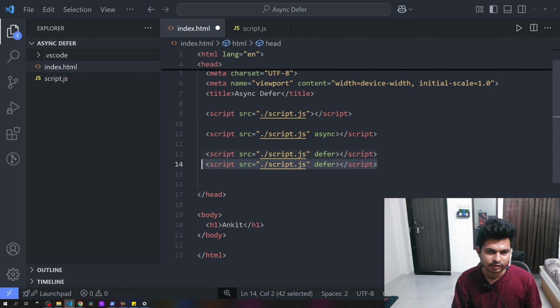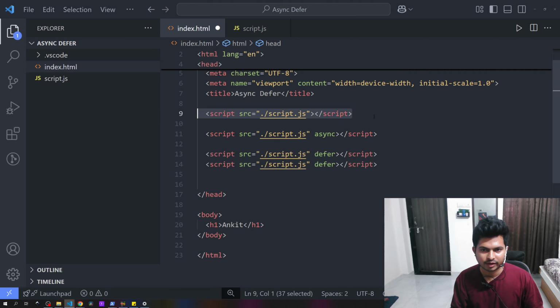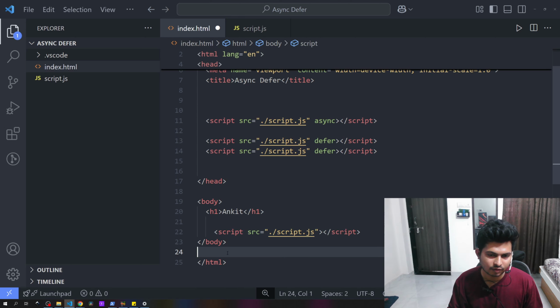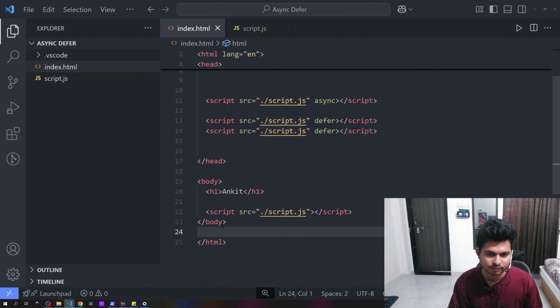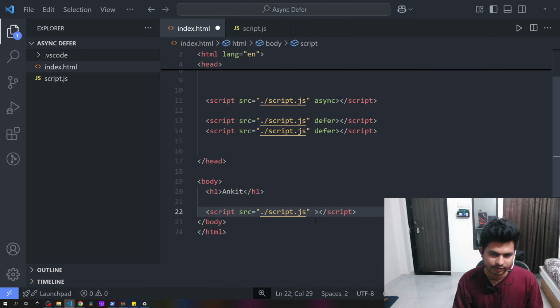Or we can also use a script directly without any attribute, at the end of the HTML. Below this closing body tag there will be no elements, so we can definitely use it without any attribute, and we can access all the elements above, like h1.